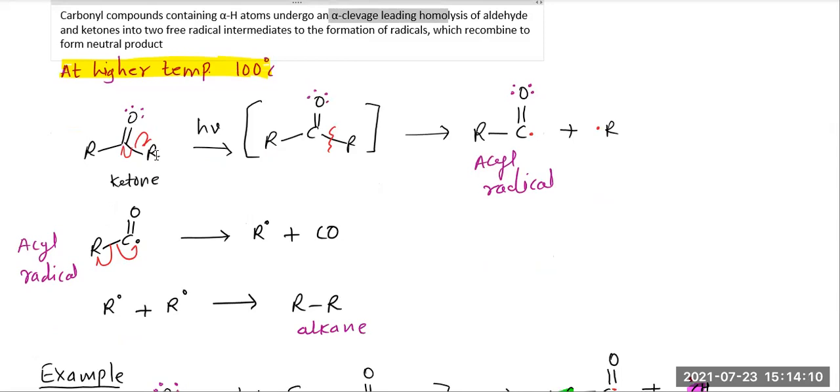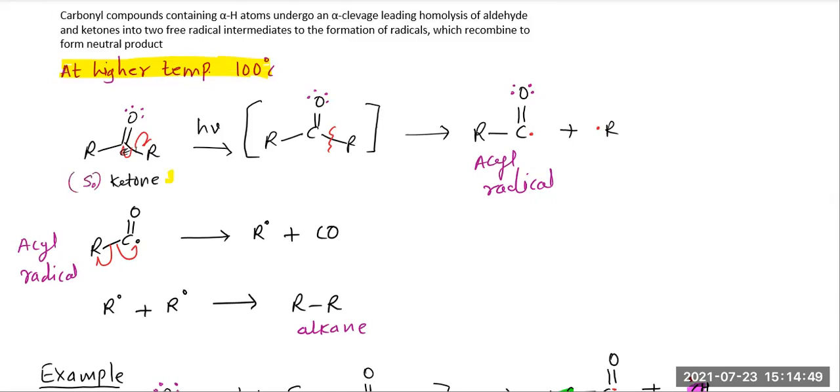When this particular molecule is irradiated with UV light, you can see that this particular R group will be cleaved. Homolytic cleavage occurs, so the electrons between the carbon and this R group are shared equally between these two groups. One electron goes to the carbonyl carbon and another electron goes to the R group. Now this is the ground state of the molecule, S0.